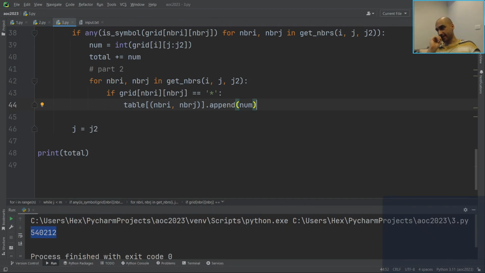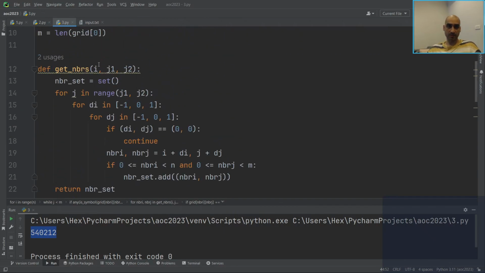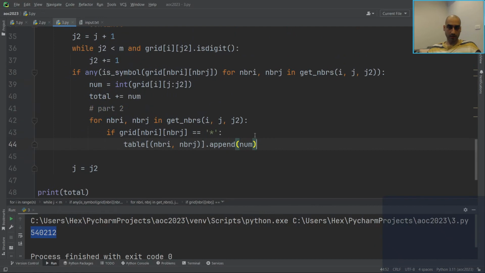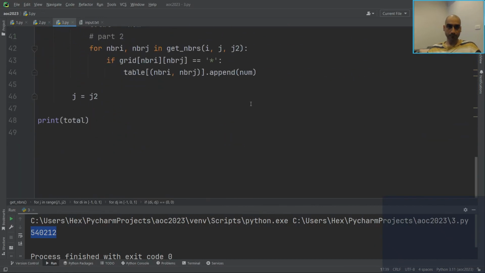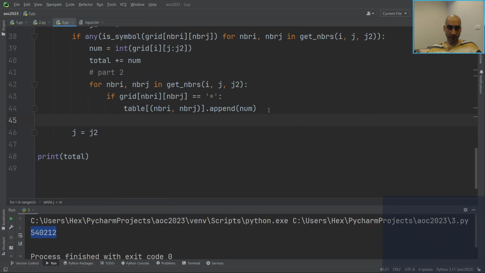And that will never happen a second time because we're using a set for the set of neighbors, so it's unique. Yeah, okay, so it's good that we're using a set. For that num, it will happen only one time. Okay, so after we've done this,